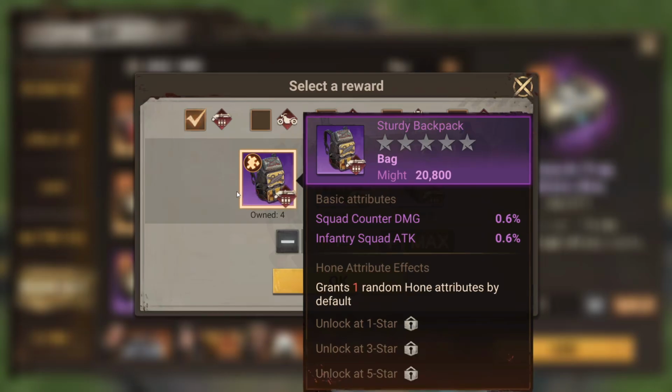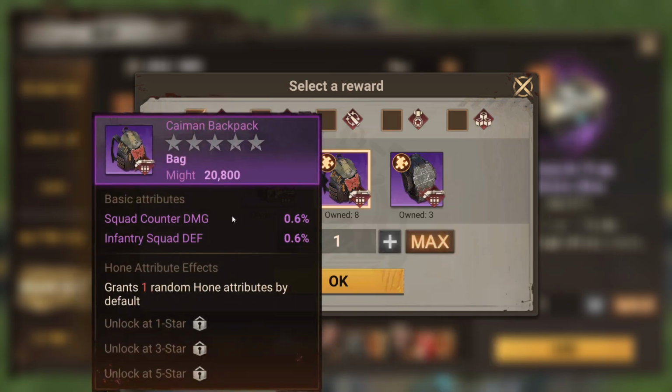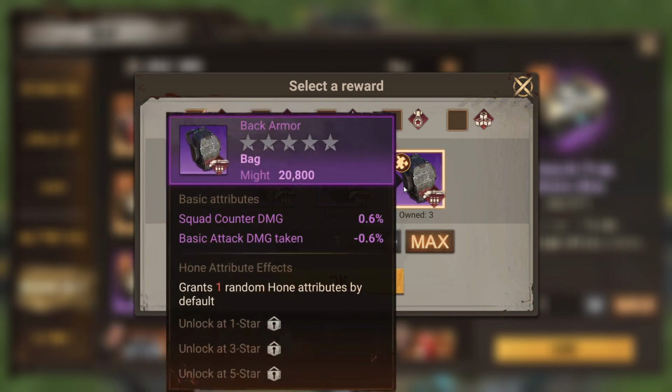So if we were to look at this, obviously what we're dealing with here is a nice tanky one that actually provides attack straight to the infantry. So if you're infantry heavy, you should be looking at your sturdy backpack. If you want to be a little bit more tanky in your backpack, you're going to be looking for that Cayman backpack to provide the squad counter damage as well as squad defense. And then if you're noticing that you're getting punched a little bit by those basic attack riders,